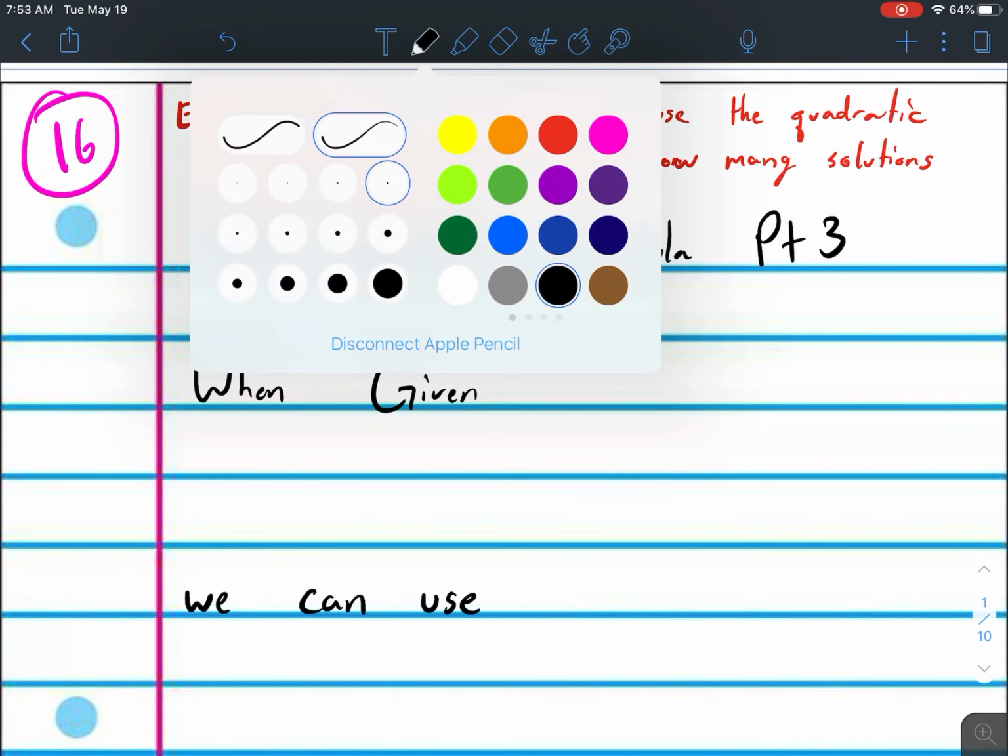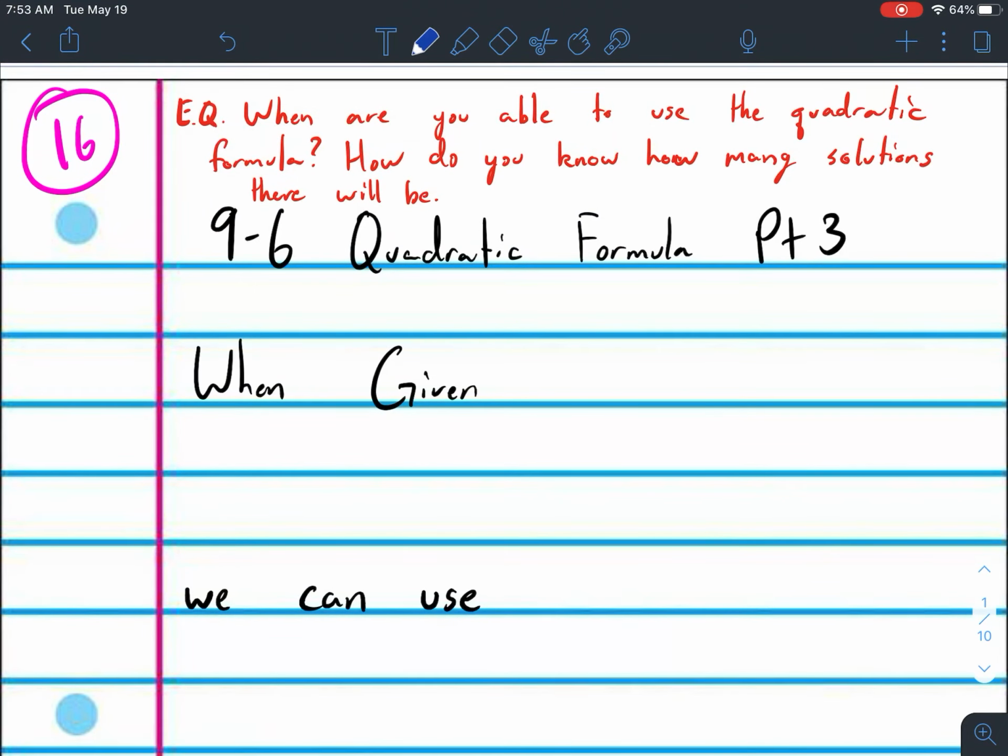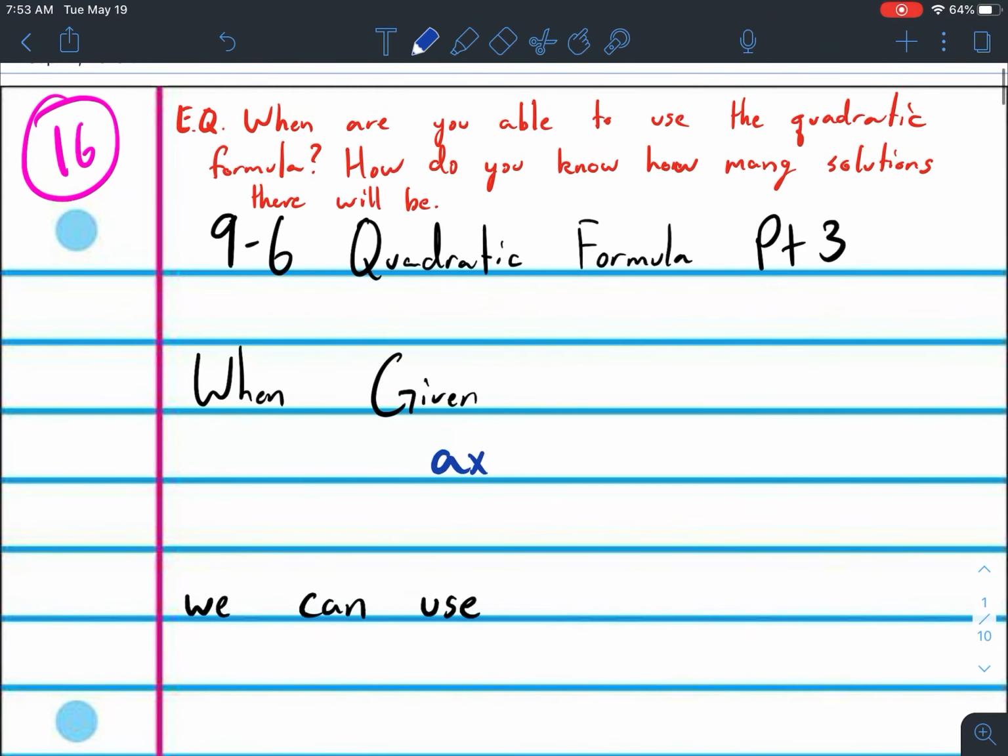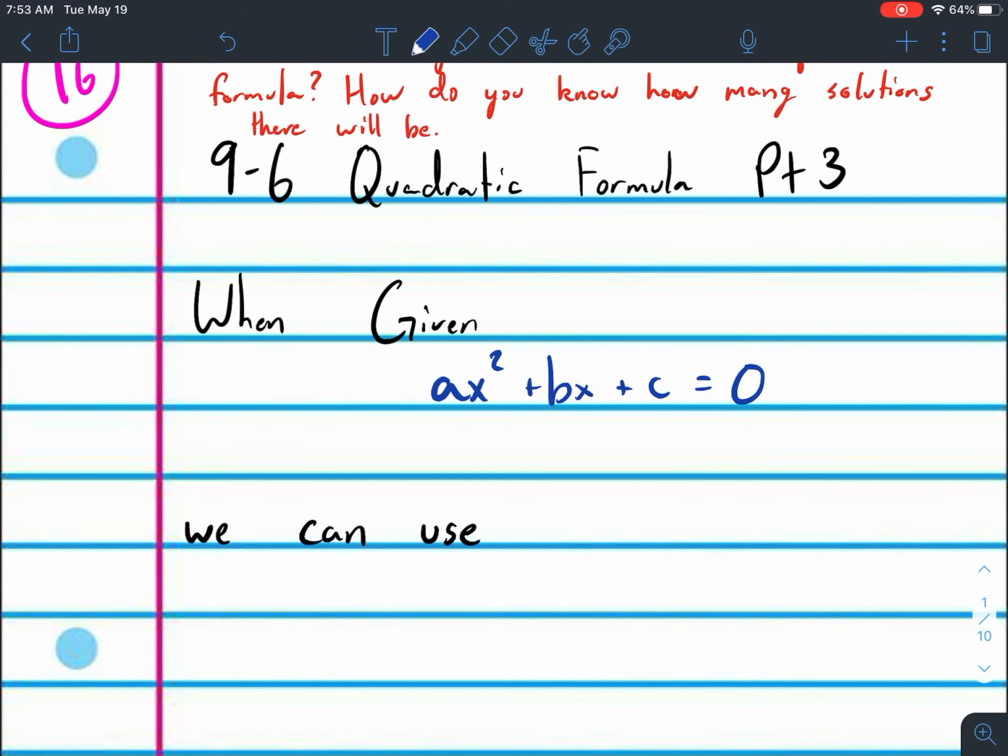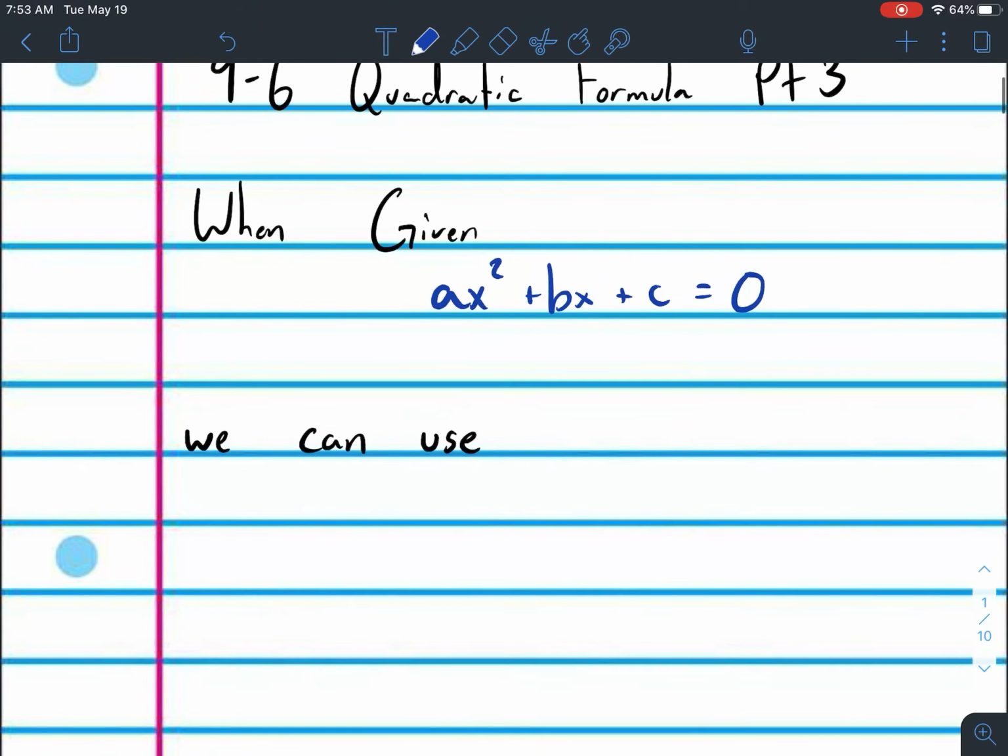Now, when you're given a quadratic in the form ax squared plus bx plus c is equal to 0, the key thing is everything is plus and plus and they equal 0. Once you have it in this form, you can use the quadratic formula, which is x equals negative b plus or minus the square root of b squared minus 4ac